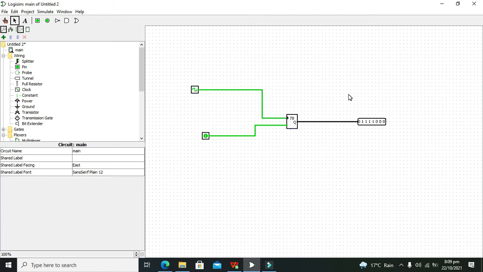So hopefully you got the concept of how we can create random numbers in the